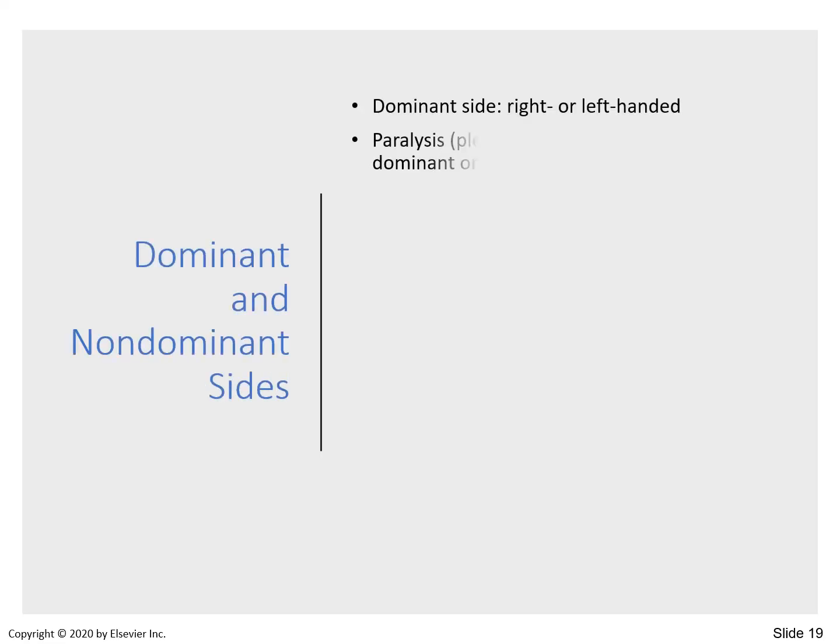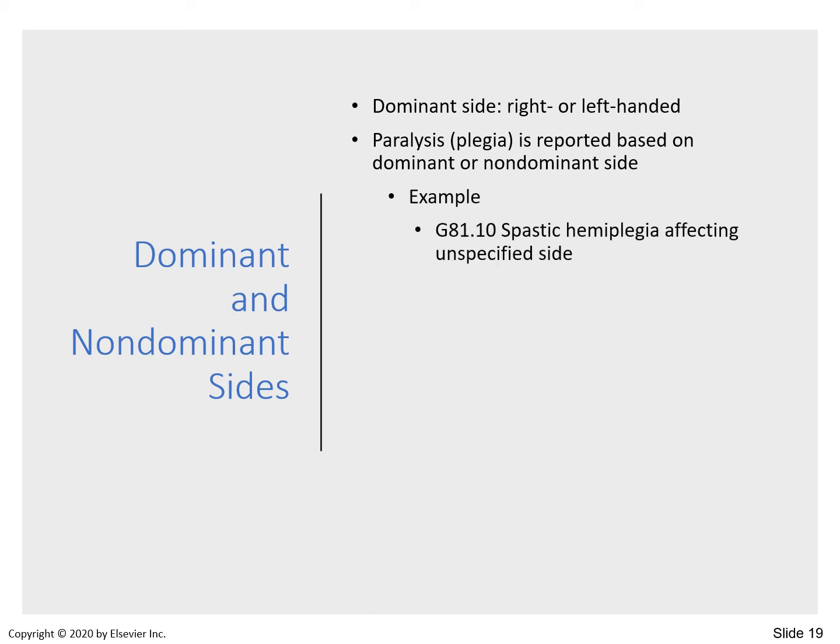Dominant and non-dominant side. So dominant side is right or left-handed. For example, if I'm left-handed, then that would be my dominant side. Paralysis, plegia, is reported based on the dominant or non-dominant side. For example,